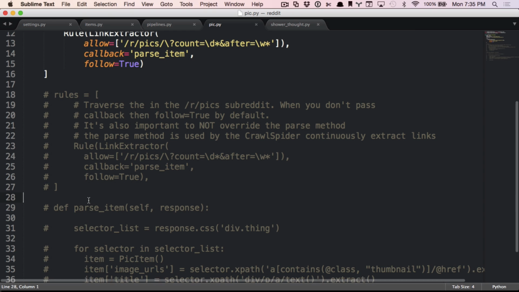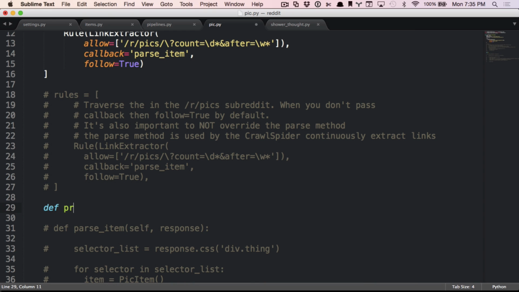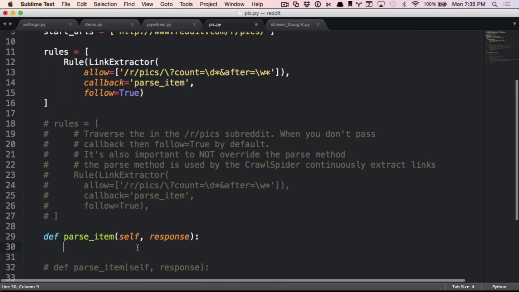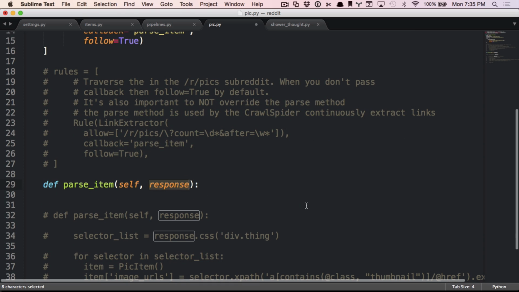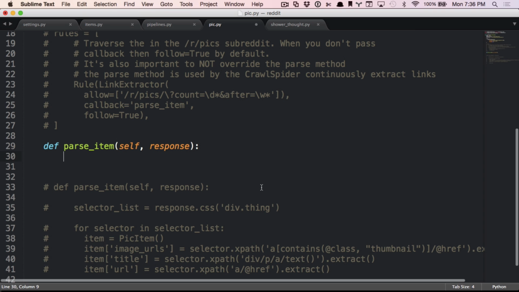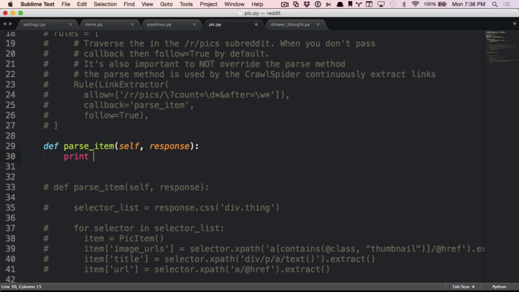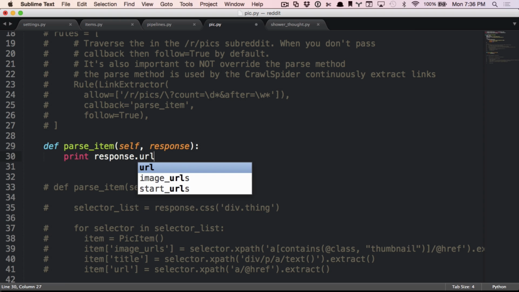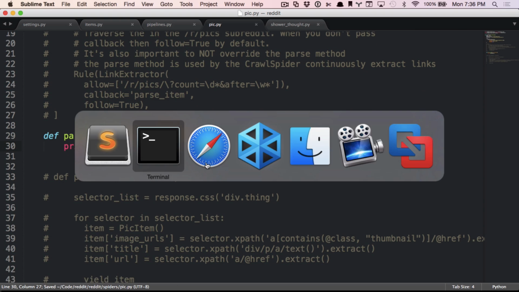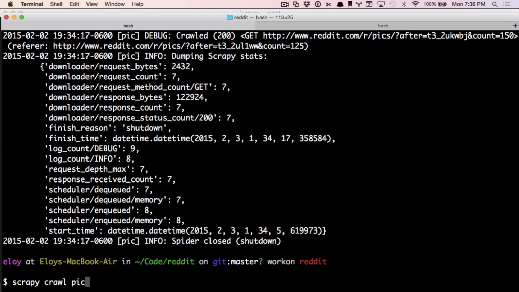And then here, we'll start a new one, just because that one's already got a bunch of stuff in it. Every function that is a callback gets a response object with it, and that's just the response that you're getting back from the actual site. So what we'll do, just to kind of show off, is we'll do response URL, so you guys can see what the URL is of the response. And then what I'll actually do is what you were mentioning earlier. I'll